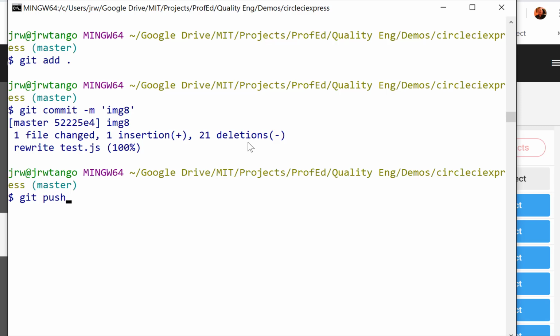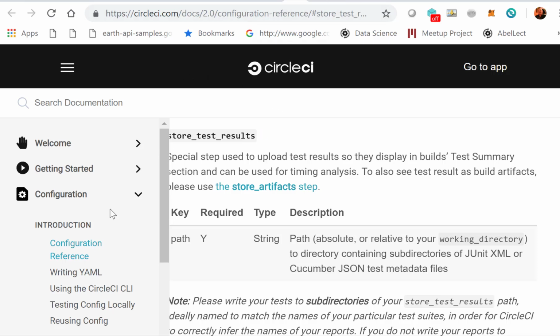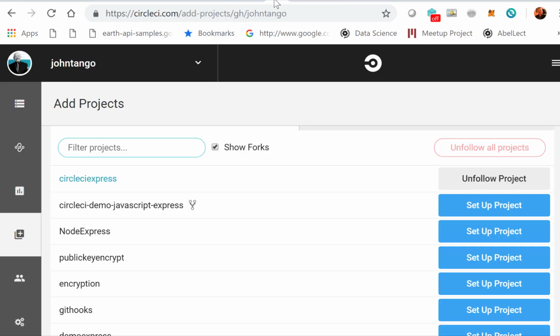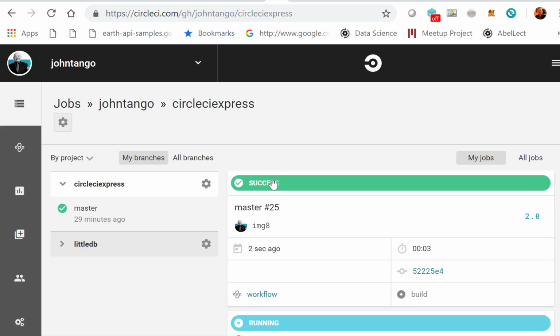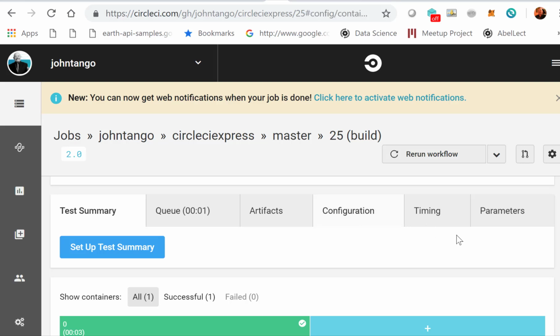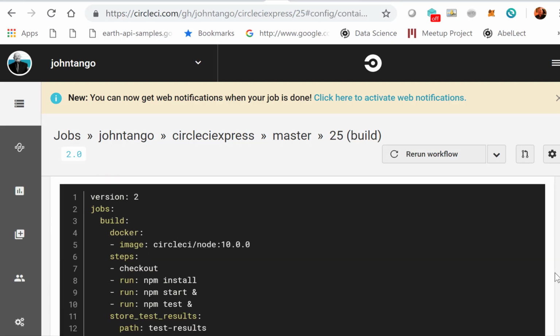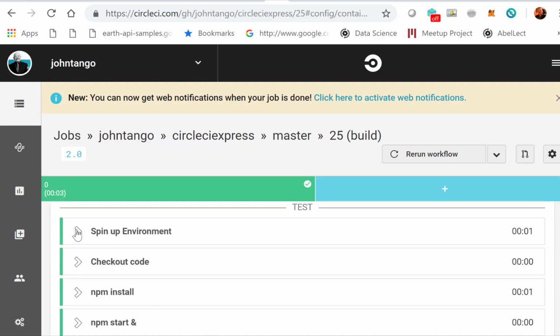Now when I push, Circle is going to get informed about this. Let's go back to Circle, and let me go to this project, and we'll see, okay, it was running and there was success on the push, and I labeled that change image 8. We can take a look at exactly what's in that. So here we are, and if we look at the configuration, we'll see a file, but here's what happened. I set up an environment,